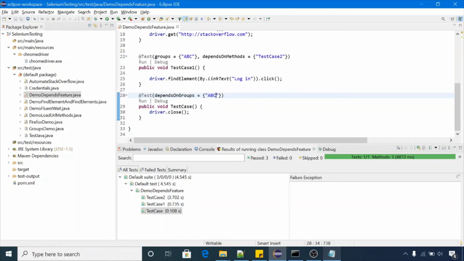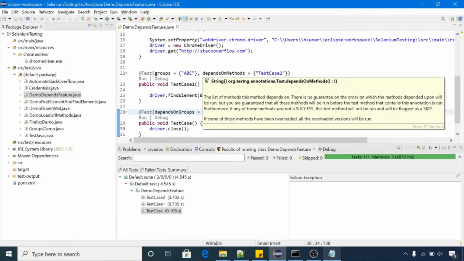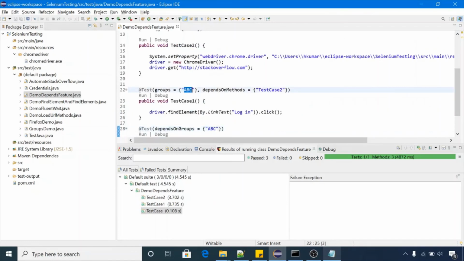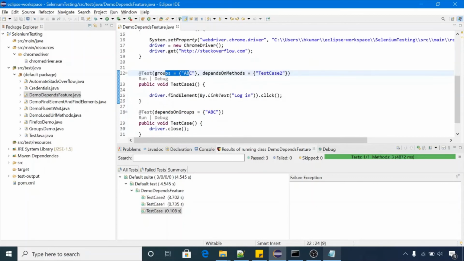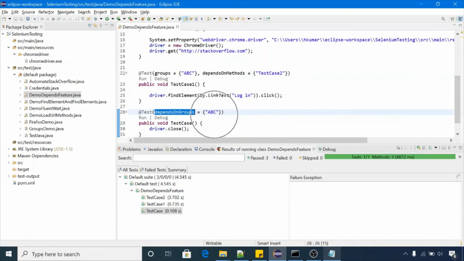So this is easy to write. If you have 500 test cases, you can put the groups tag on every test case, and in depends on groups you can pass the name of the group. So these are two features in TestNG. Let me execute this scenario and show you the output.